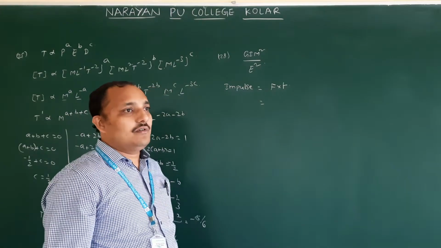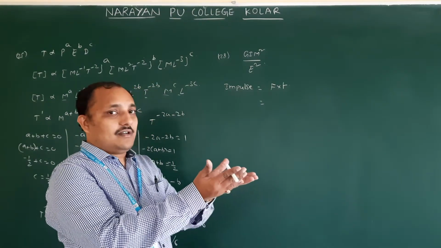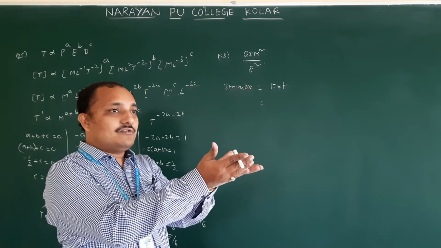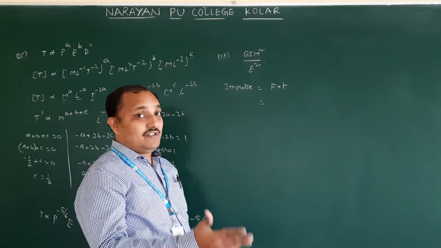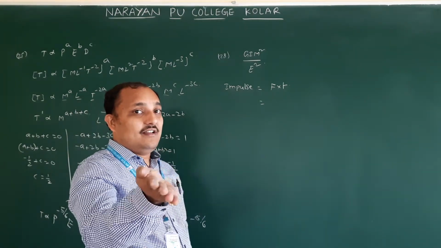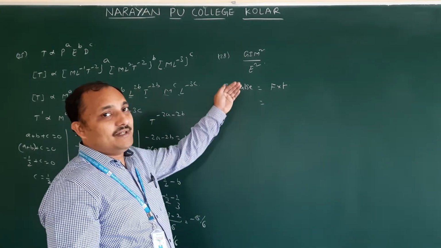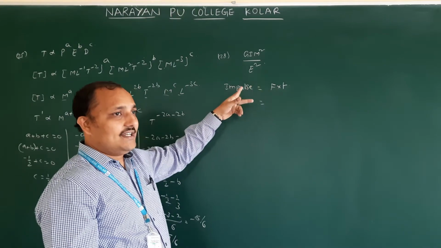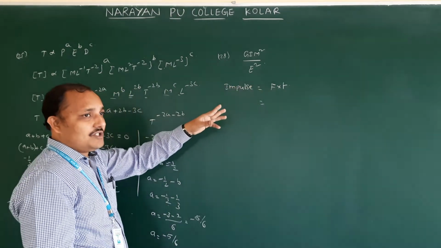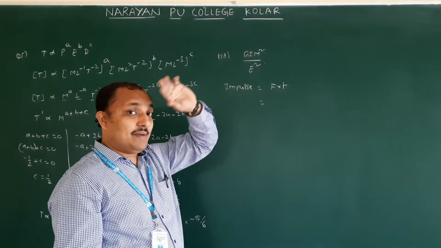Without knowing, you might have played so many times. When a wicketkeeper is catching the ball, he is going to bring his hands backwards. If someone is hitting with a stick, you will move your hand a little bit away. So why is that moving? Because the force, the intensity, is going to become less. That is the product of force and time. This one you will get in the Newton's laws of motion lesson. At that time you will get the dimension formula there.